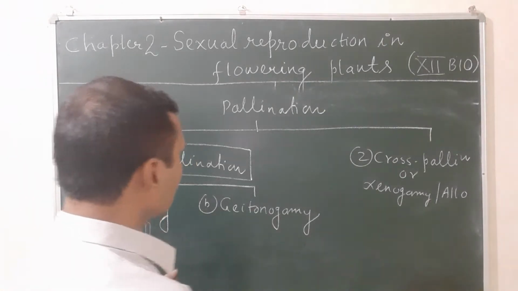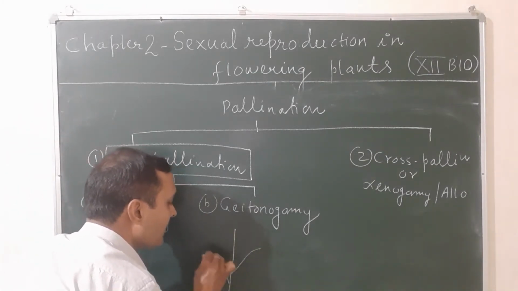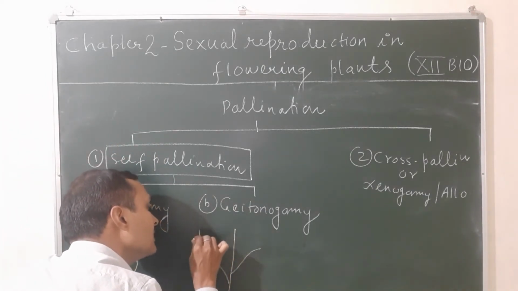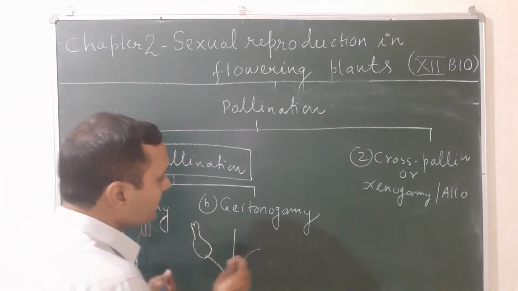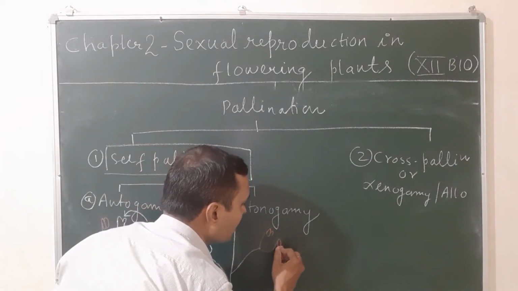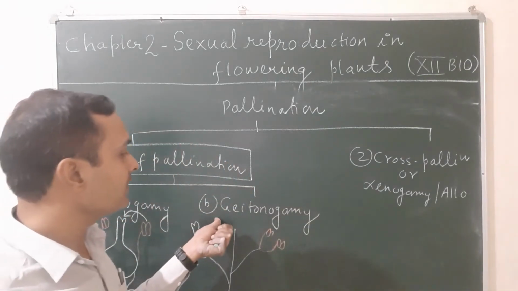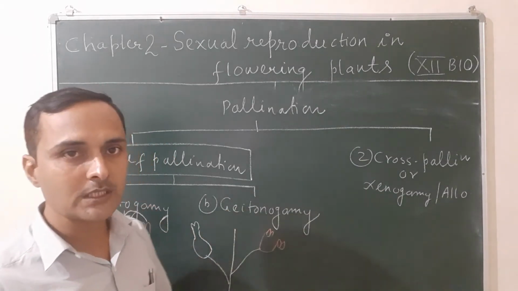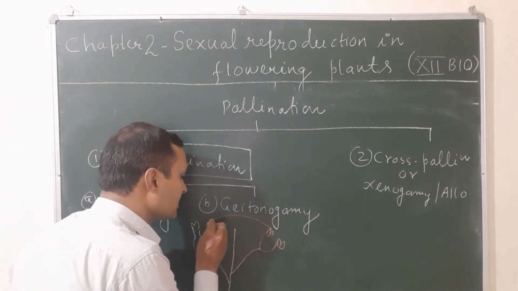Now let us see what is heterogamy. In this case, the plant bears two types of flowers: male flower and female flower. The female flower bears only carpel but not stamen, and the male flower bears only stamen but not carpel. So what do we mean by the term heterogamy? In this case, the plant is the same, but it bears two types of flowers, and the pollen grains transfer from one flower to another flower on the same plant. This is called